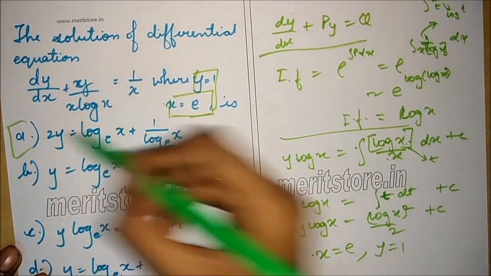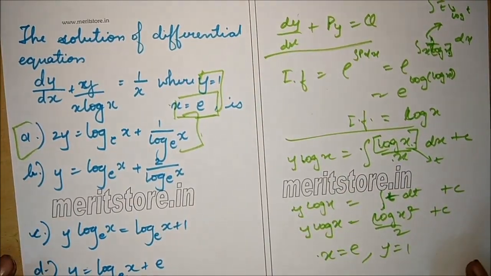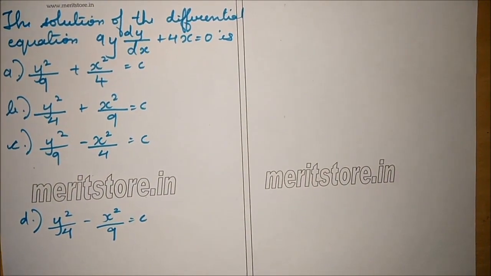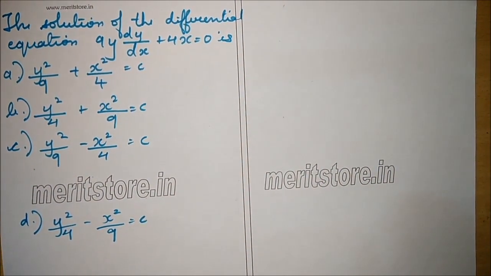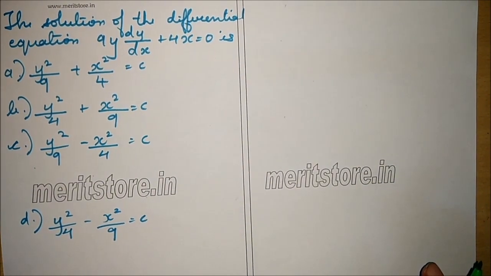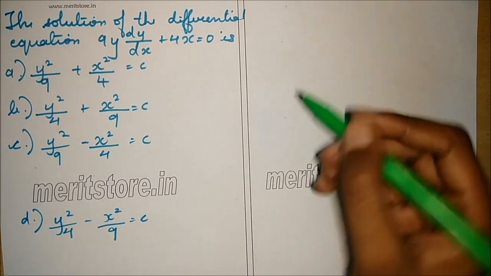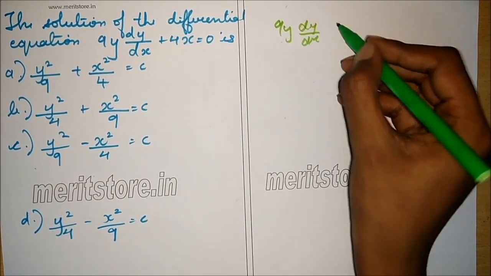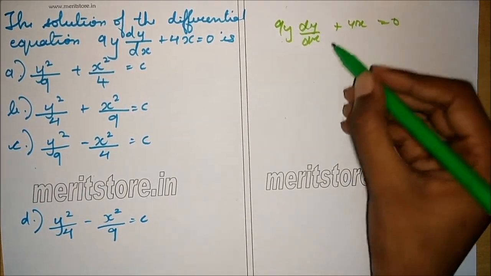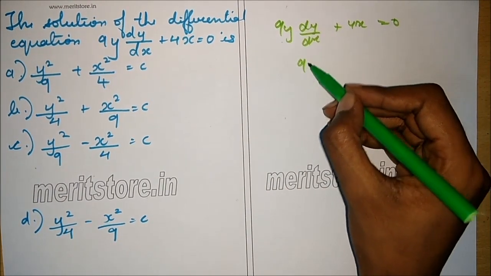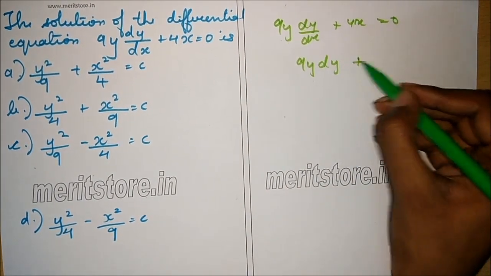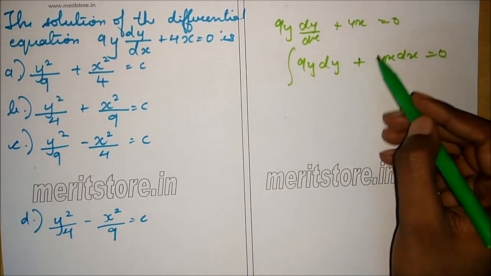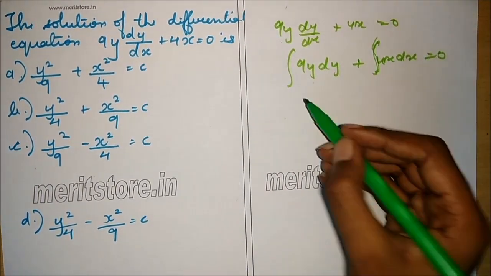Option A, 2y is equal to log x plus 1 by log x. The given differential equation is 9y into dy by dx plus 4x equals 0. So we are supposed to find the solution for this. So 9y dy by dx plus 4x is equal to 0. So multiplying throughout by dx, we'll be getting 9y dy plus 4x dx is equal to 0. So integrating throughout, we get